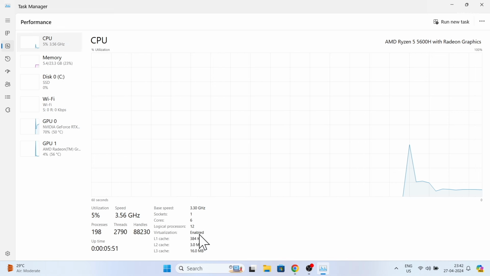It's time to start installing Ubuntu 24.04 in a VirtualBox on a Windows 11 PC.